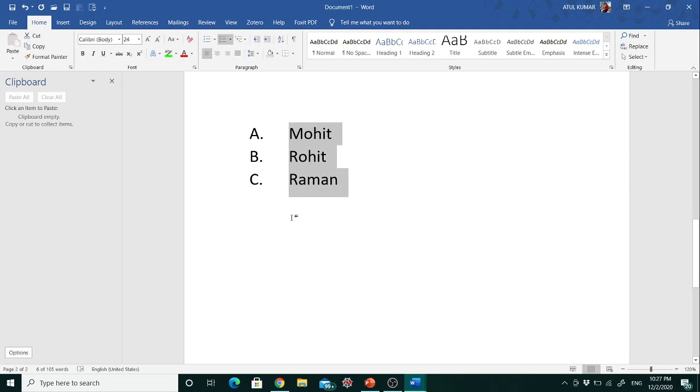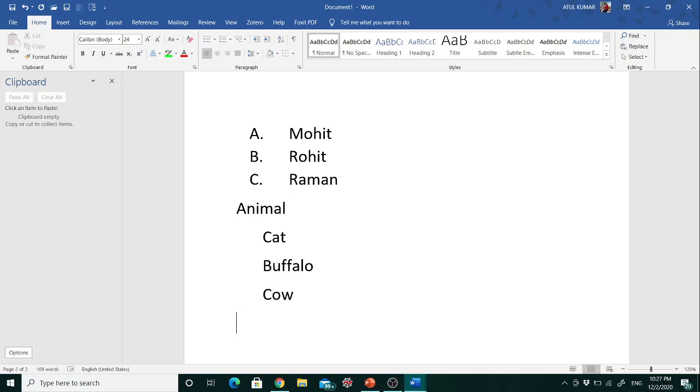For example, the first category is animal. In animal, I have cat. The second animal is buffalo. The third animal, just press tab and go to this, is cow.